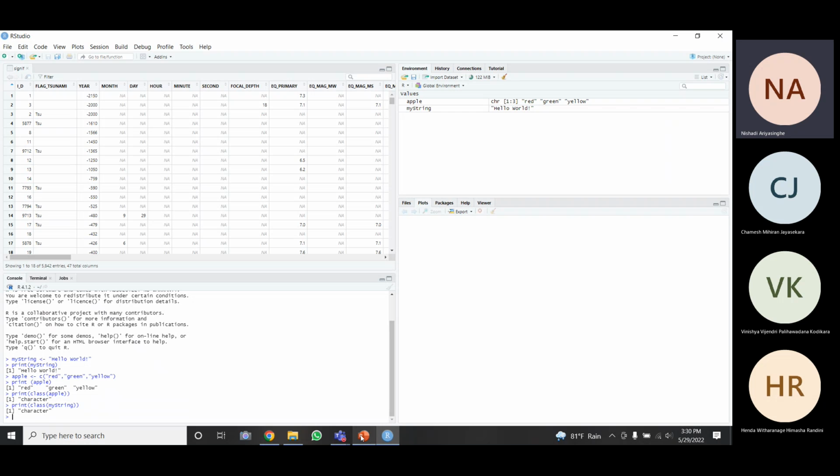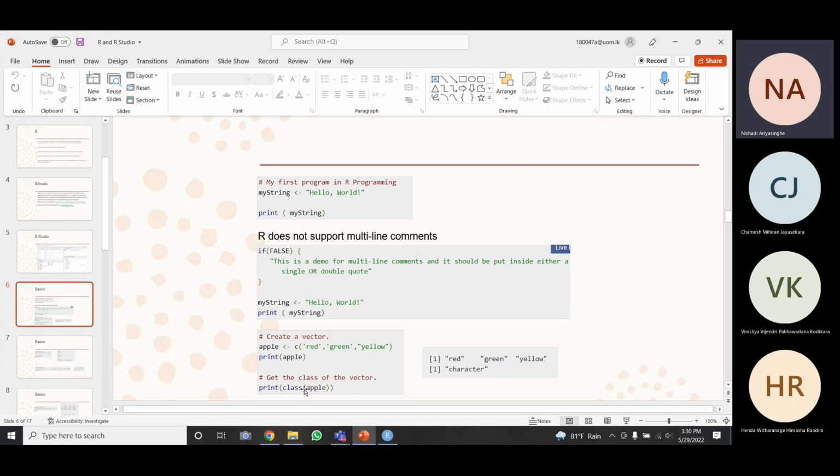So it is also a character, right? So like that you can get the data type of any array or variable.